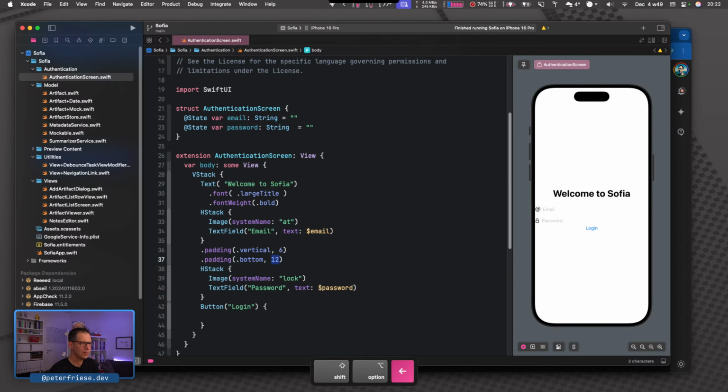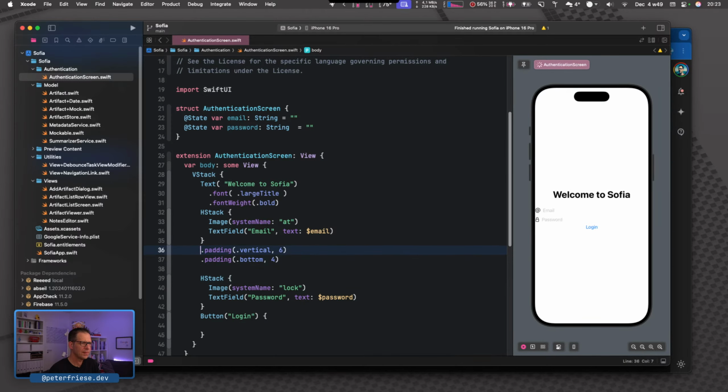We can probably use 4, like that. And then we'll do the same for the other one here. But we want to have more padding here.